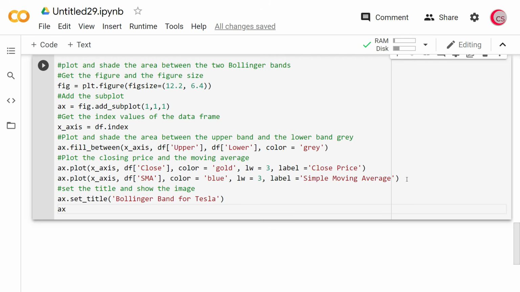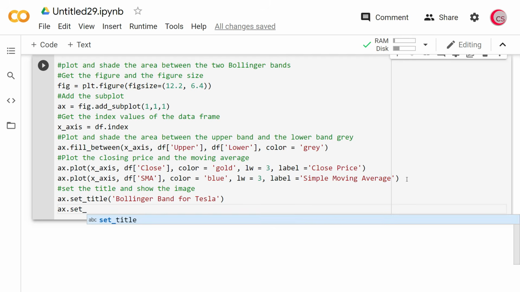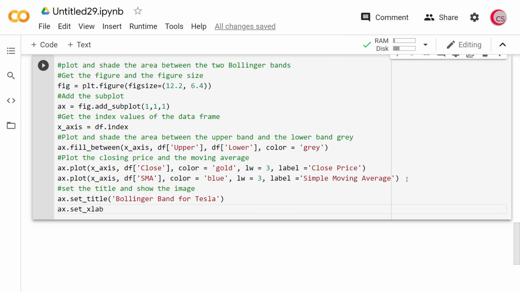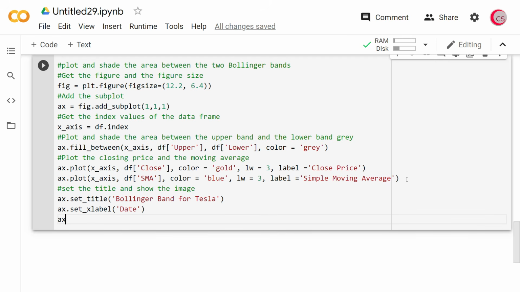So just type x.set_xlabel, and I will put date, and let's give the y-axis a label. So x.set_ylabel, it will be USD price with the $ sign. Okay,